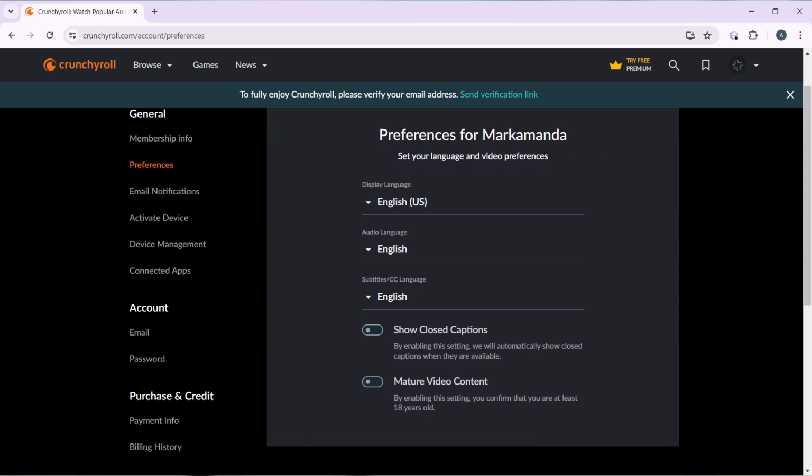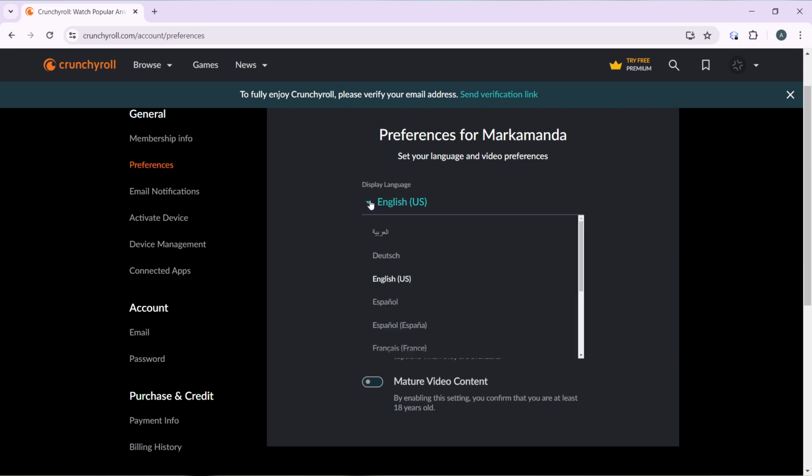You see the first thing that displays here is display language, which is set to English United States, and audio language is also set to English, subtitle language is also set to English. So we can definitely change all of these things depending on the country that you're in or depending on the language that you want. So click on this drop down menu and it's going to display a wide array of